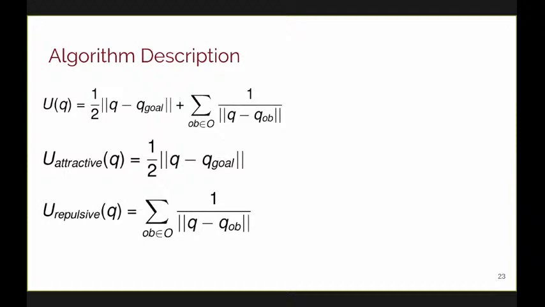I'm not going to get really into the math, but I just want to quickly go over it. So this is the artificial potential function that is used in this work. And I want to draw your attention to the fact that there's an attractive component that will essentially pull the user towards the goal, and a repulsive component that will push the user away from obstacles and boundaries. And it's because of this that we ended up calling this algorithm the push-pull reactive redirected walking algorithm.